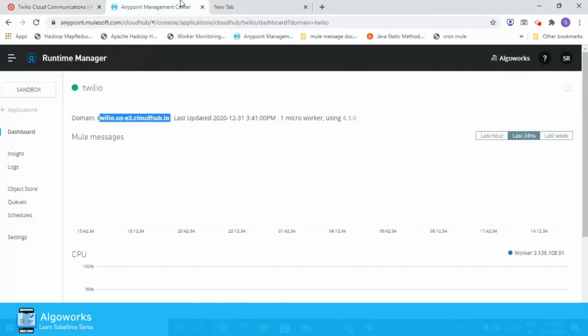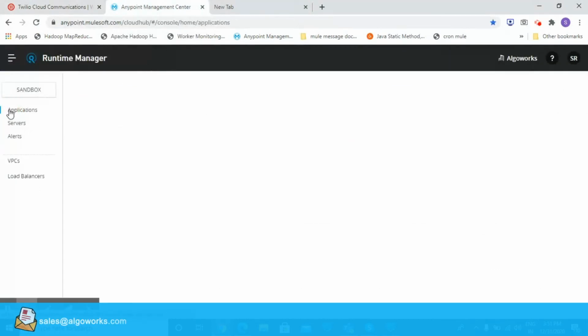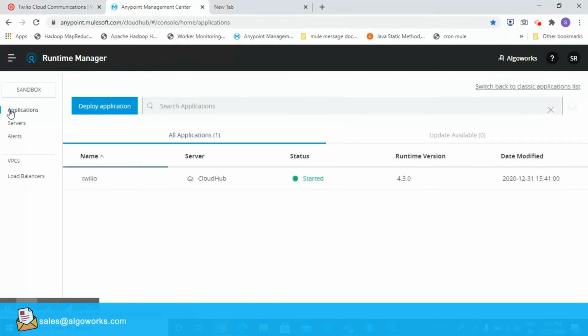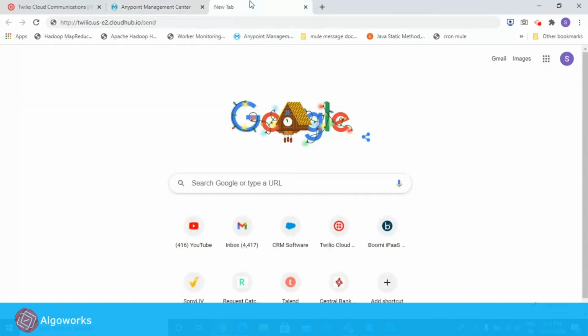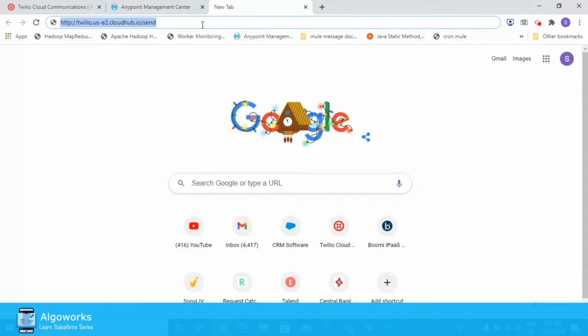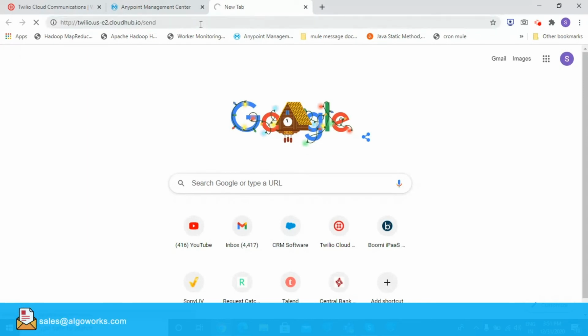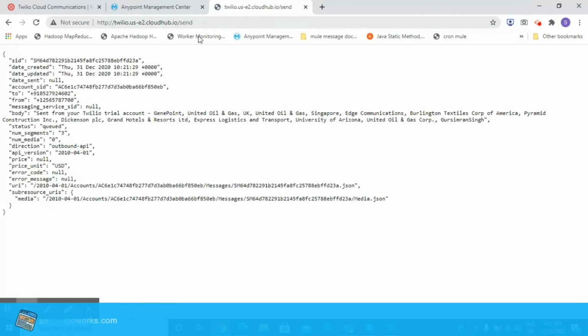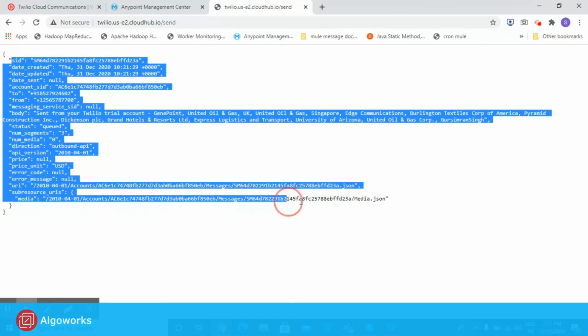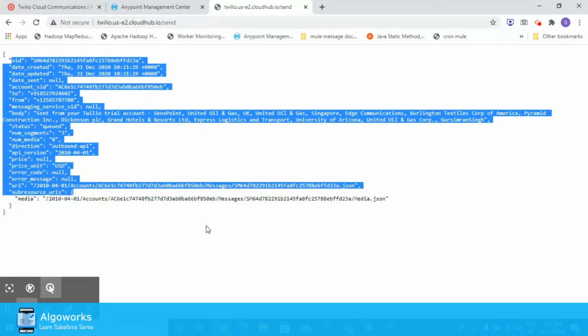Okay, so this application is being deployed to Runtime Manager of Anypoint Platform, sorry. And now I'll hit this URL and we'll wait for the response. So we got the response, and I'll paste the message that came from this account. I just received the message,